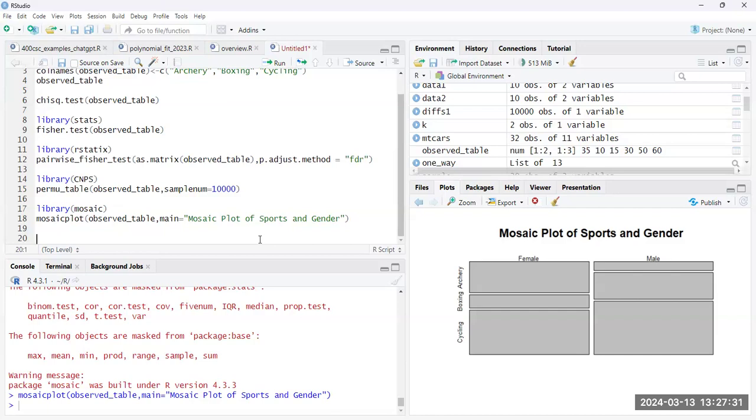Now, there is one other kind of chi-squared test that we can sometimes conduct, and that is, we can also use that same chi-squared function for goodness of fit tests. Now, we have to do a little bit more work for goodness of fit tests than for the chi-squared test of independence. We don't just have to put the data in the table. We have to also specify the expectations that we're comparing things to. So here we're going to create one list, a vector, that includes the results, the counts in each of our bins. So maybe we have 5 categories,